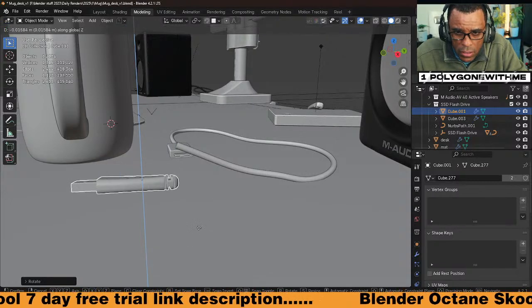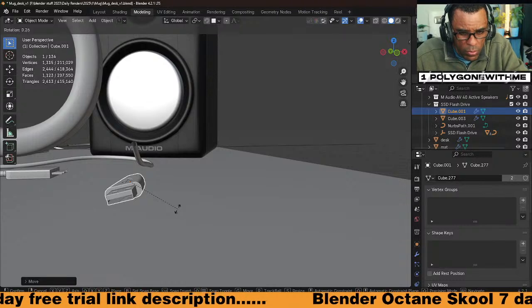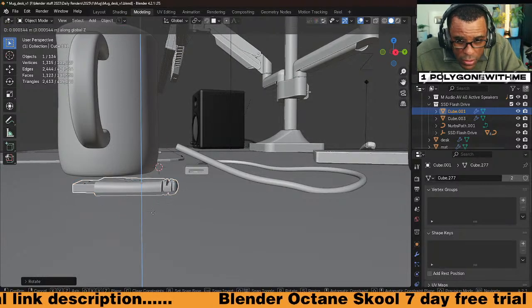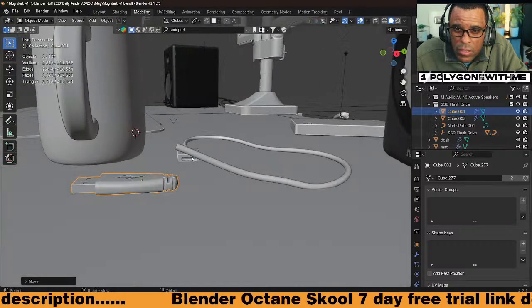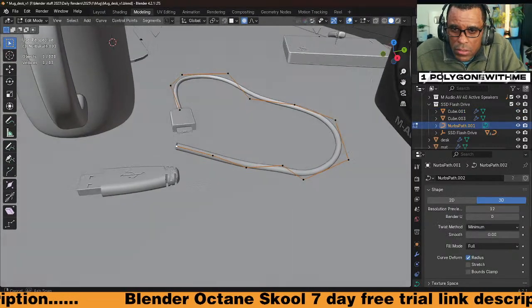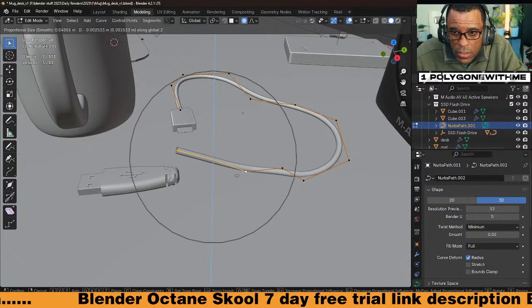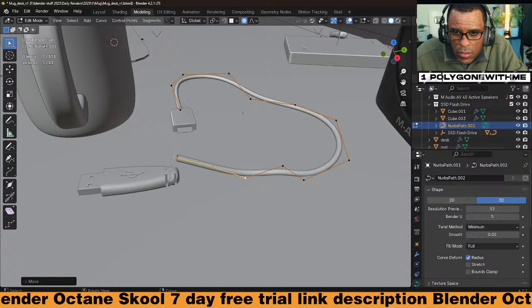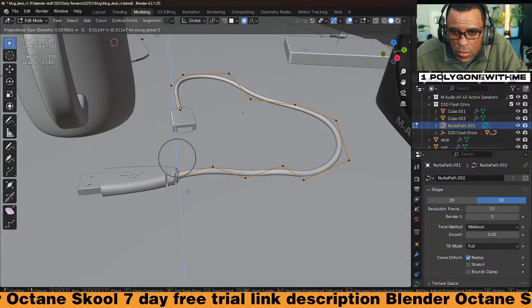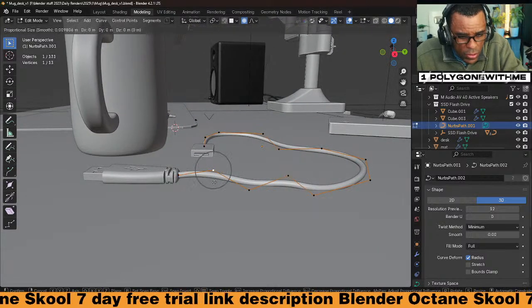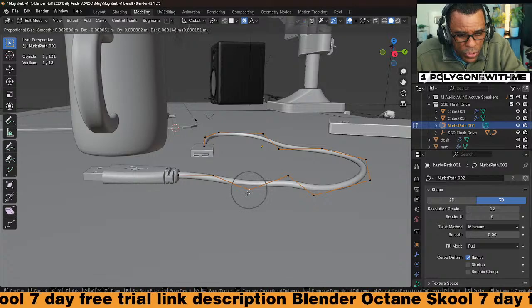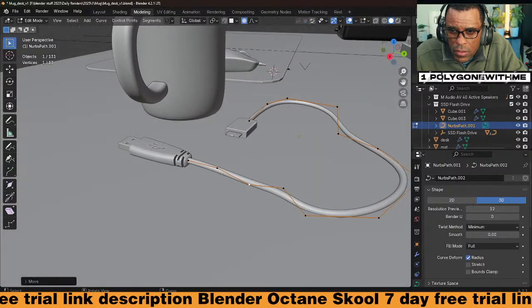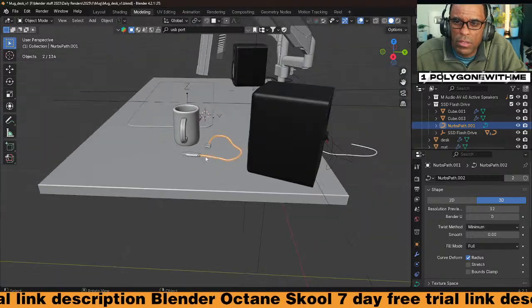G Z. Rotate Y. Rotate X. G Z. Okay, grab this guy, jump into here, G Z. Okay, I think we're good with that. Leave that right there.